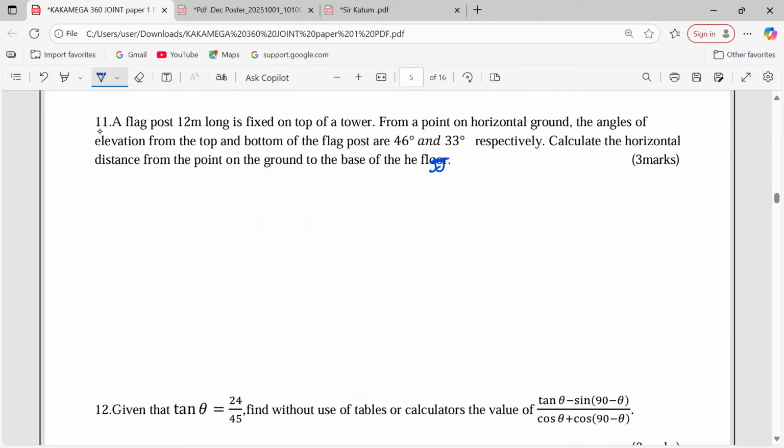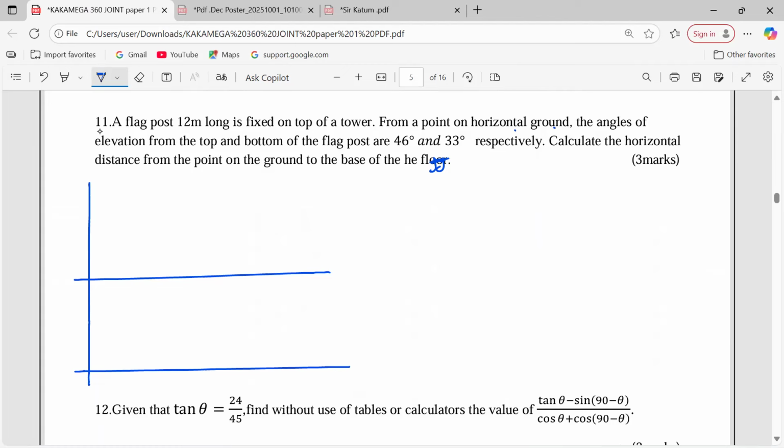And it's fixed on the top of a tower. So it's at the top of a tower. Then we have a point on a certain horizontal ground. The angles of elevation from a point on horizontal ground, the angle of elevation of the top